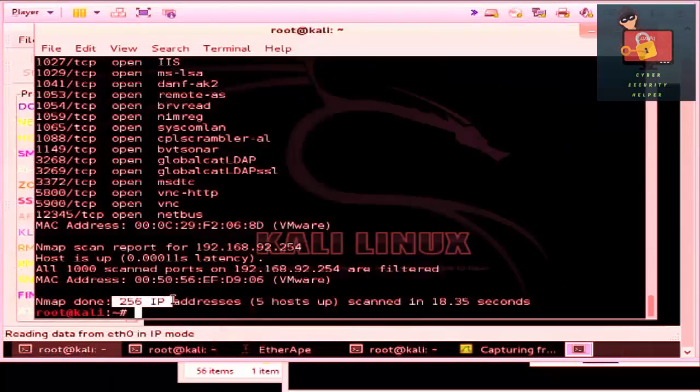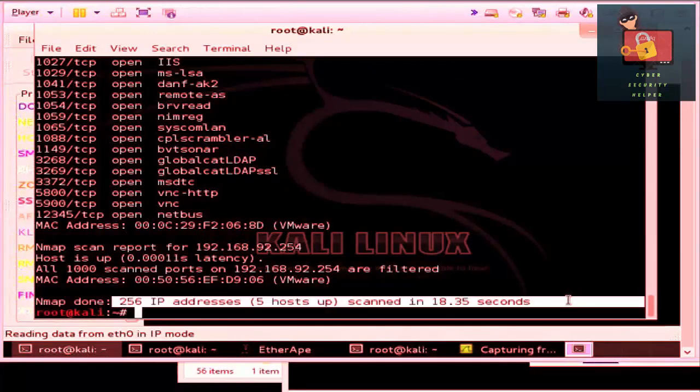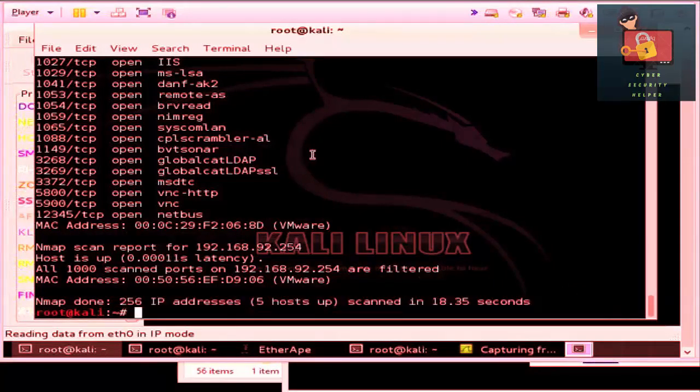So it scanned 256 IP addresses, only 5 are up, and it took about 20 seconds to figure that out. So let's see if we can't find a little bit more about that specific host that has NetBus installed. So let's do an nmap -O and then the specific address,